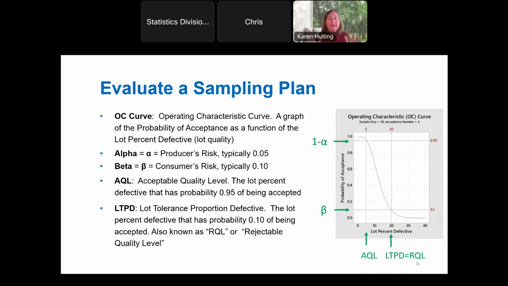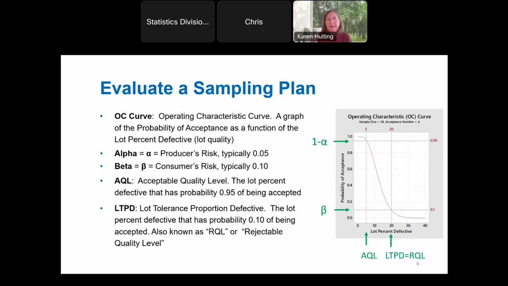Okay, now this I would say is a very important slide in this whole presentation, because everything that we're going to be talking about is illustrated in this one slide. I have a cartoonish version of an OC curve over here on the side of this slide. Folks who've used Minitab might recognize the look of this graph. It comes from Minitab. I'm going to show you later how to get a very similar graph out of Google Sheets or Excel.